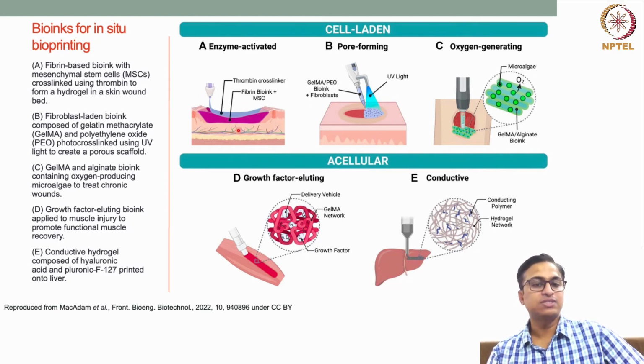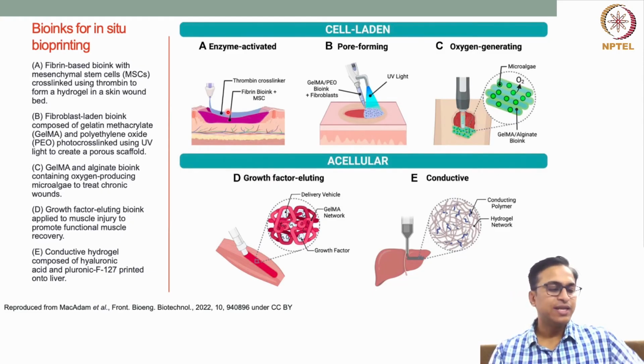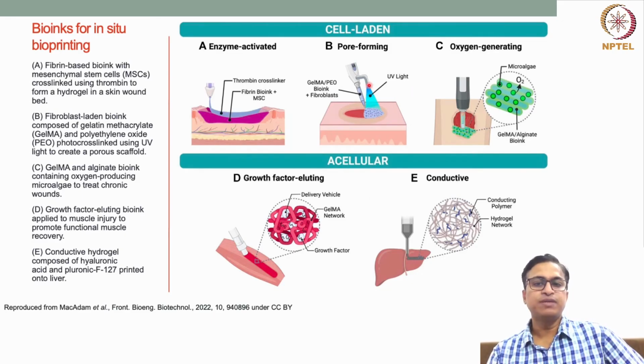So this can be very well used for in situ bioprinting applications. The next thing is the pore forming bioink, where suppose we use something like GelMA plus PEO as a bioink,